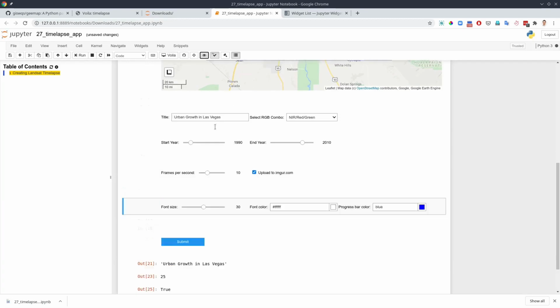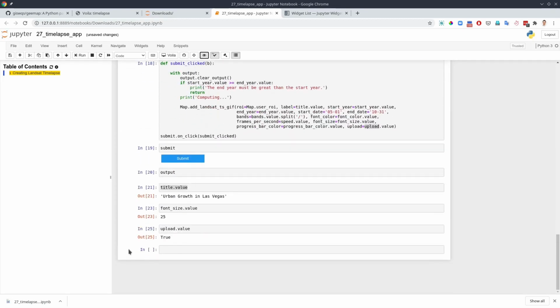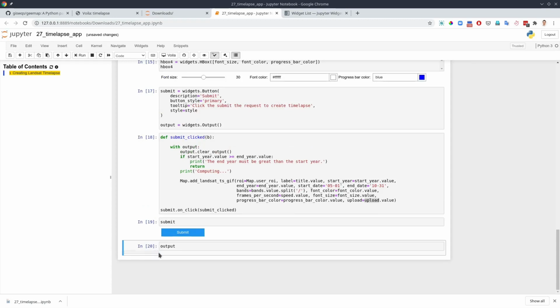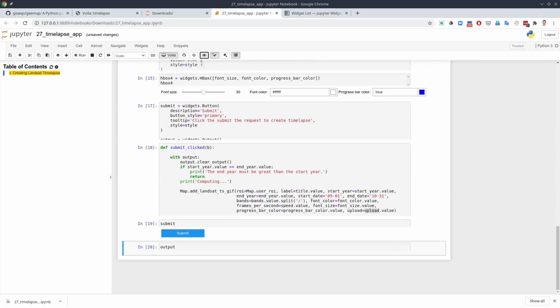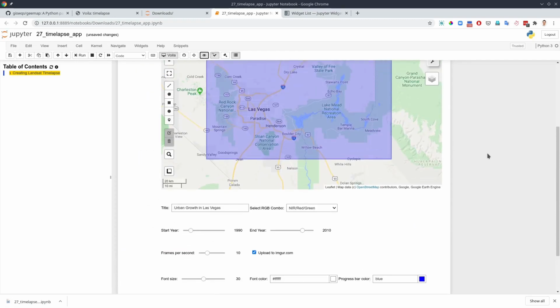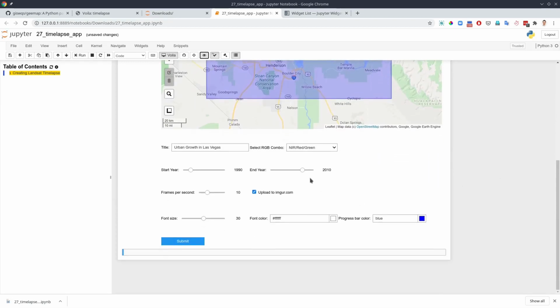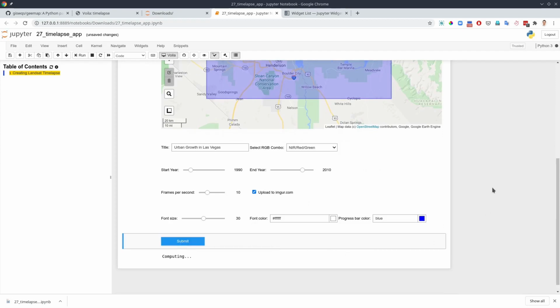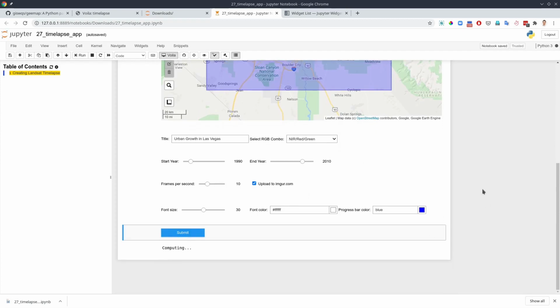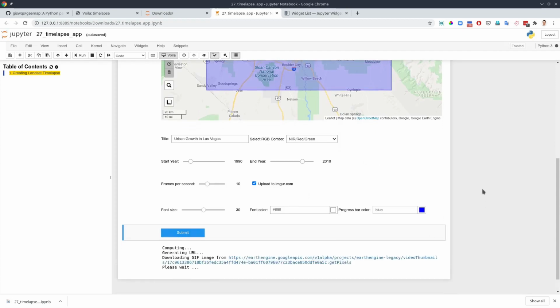Before I do that, let me delete all the cells in here. Yes, but you need to make sure that you keep this one. Okay, the output widget, and let me hide this. So everything is now set up correctly. So I have the user RY, I have all the settings in here. Now all I need to do is just hit submit, and then it's going to execute the map.add Landsat time